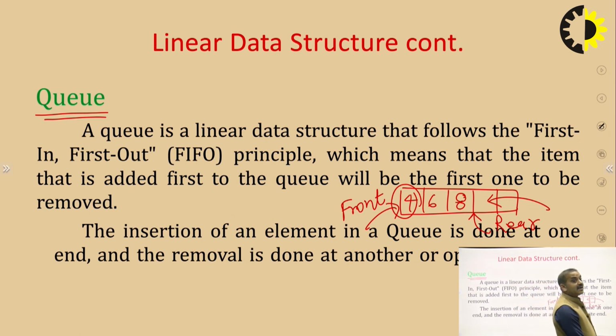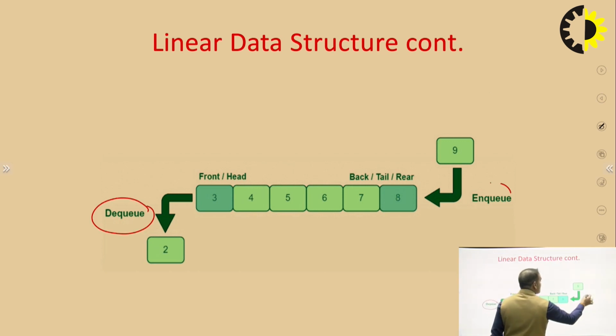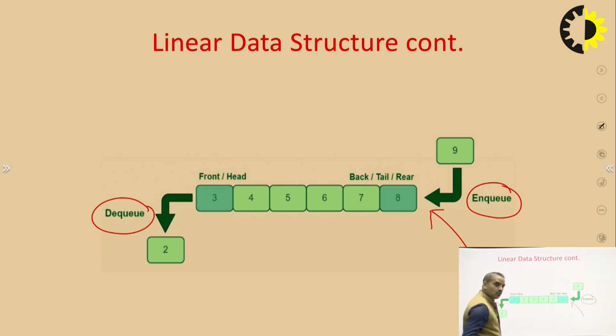Here insertion and deletion have other names. If we want to insert an element, the operation is called enqueue, and if we want to delete an element, the operation is called DQ. This is a diagram of a queue where DQ means deletion of an element and enqueue means insertion of an element. Insertion takes place from this position, which is called rear or enqueue operation, and deletion takes place from this position, which is called front or